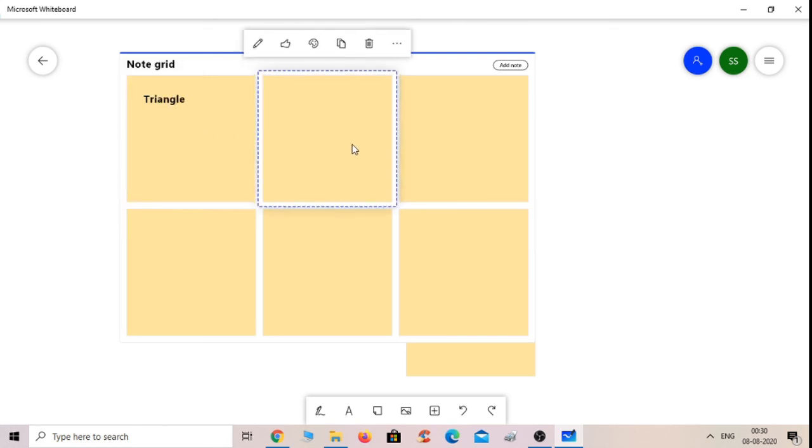The next one, just type rectangle. In this way you can easily give the definitions of all such notes.